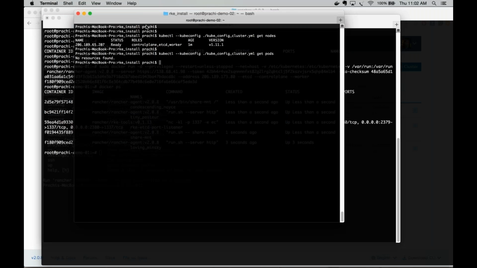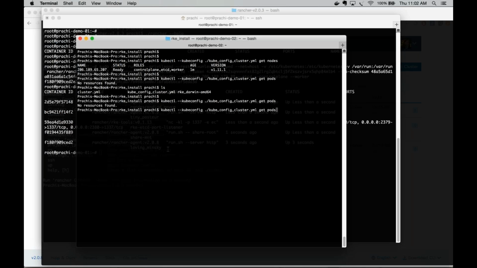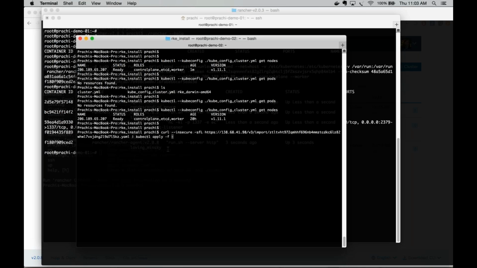So RKE is again Rancher provided Kubernetes installer, and it helps you get a Kubernetes cluster started. So here my RKE config or my cluster YAML is already there. My kube config is provided. If I do a kubectl, it can show me what are the nodes present in my cluster. And then here, if I run this command and provide my kube config,